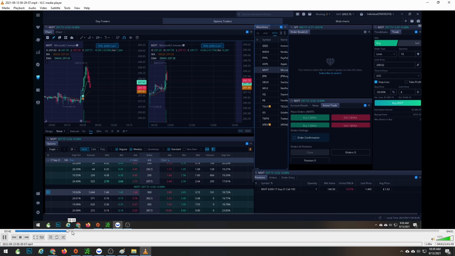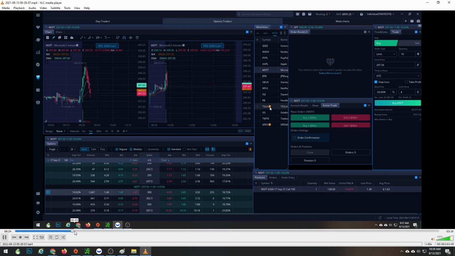In hindsight, I was trying to play this for a breakout, and it didn't break out, so I probably should have gotten out here. But as of recently, some of the strategies I've been doing is that I want to play the open range breaks, which is exactly what this was. It didn't break as high or didn't have the momentum.